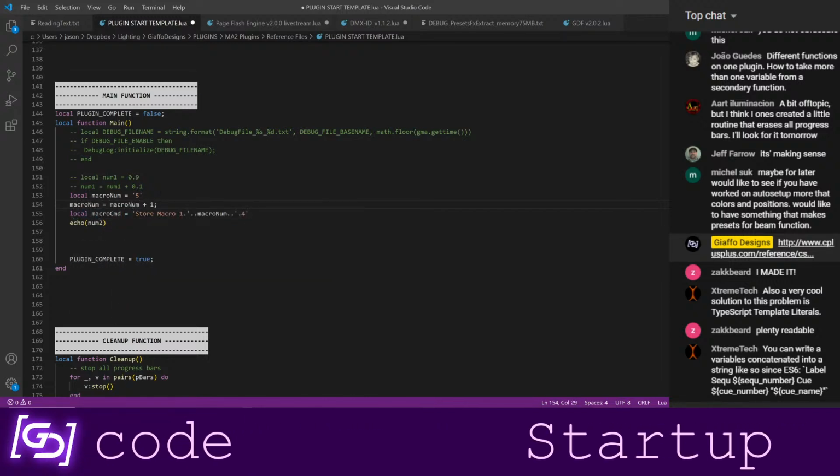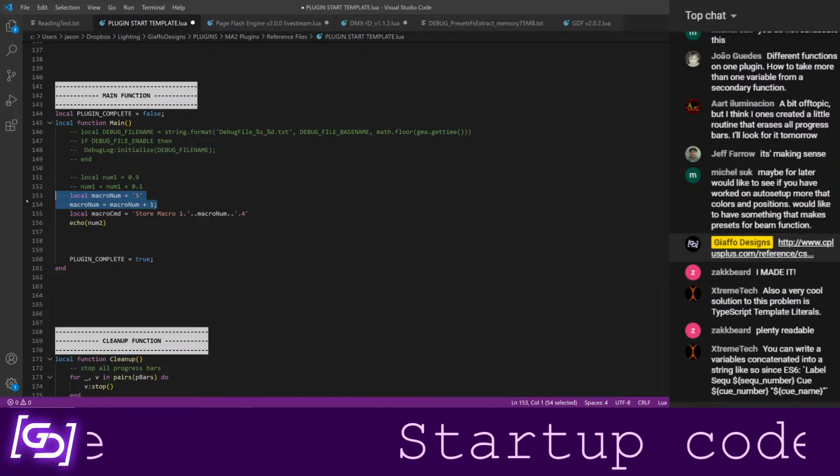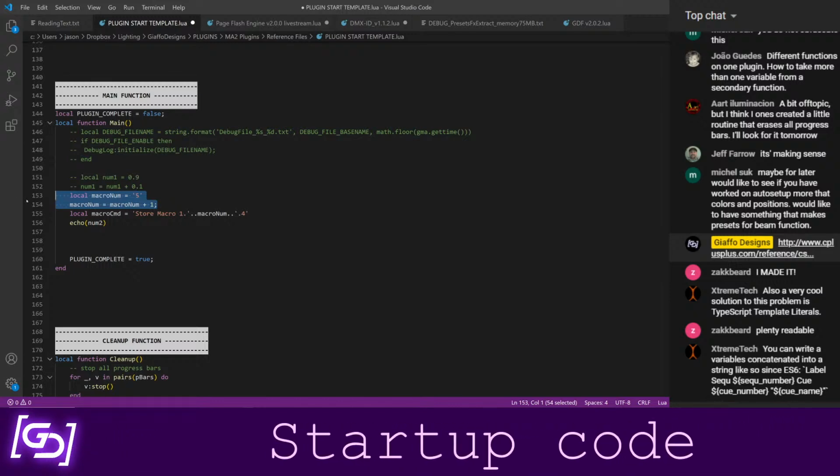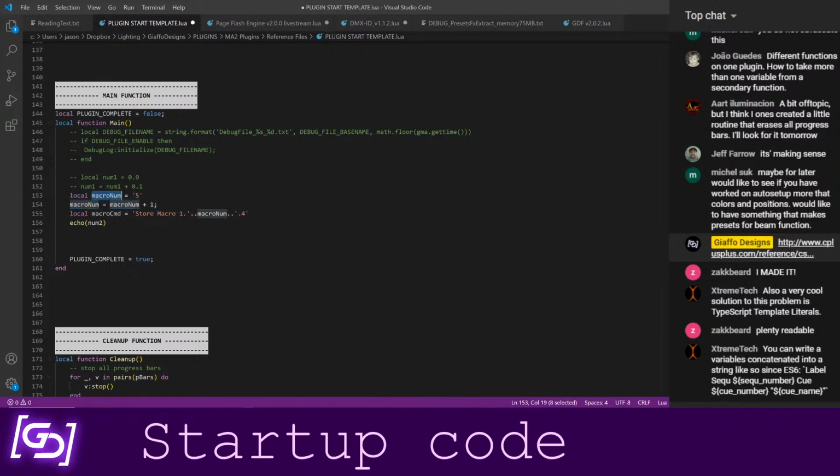So I'm going to increment this, and this is to demonstrate what would be happening in a loop. If I'm going in a loop through a bunch of macros, then I would be incrementing this number.